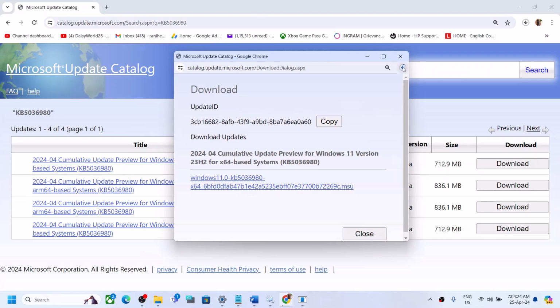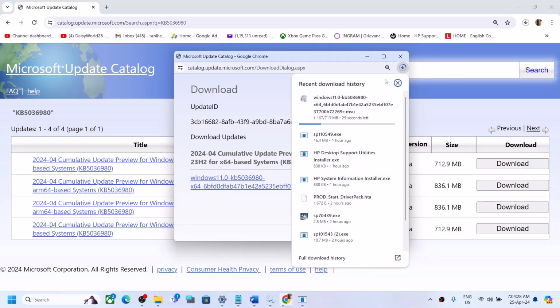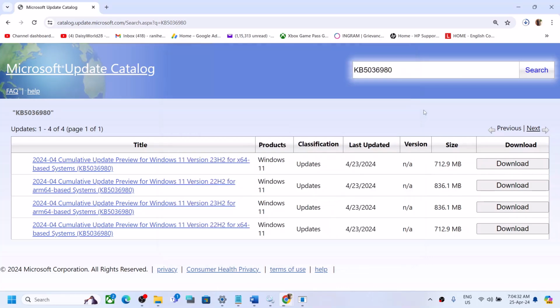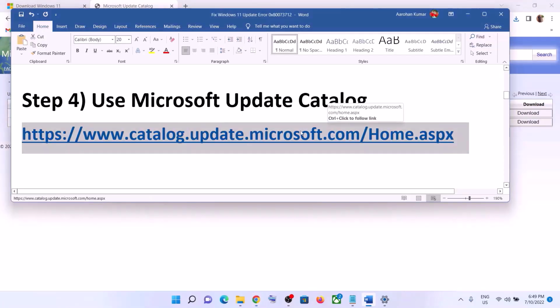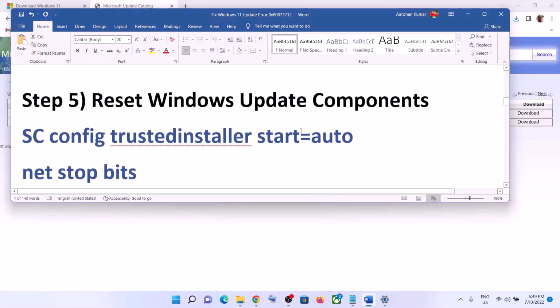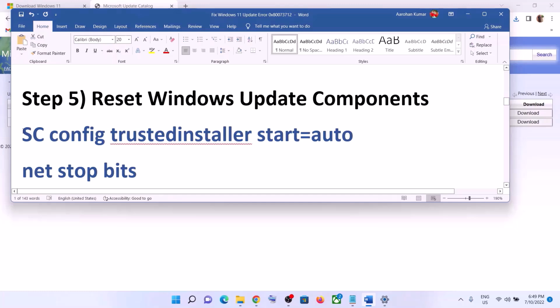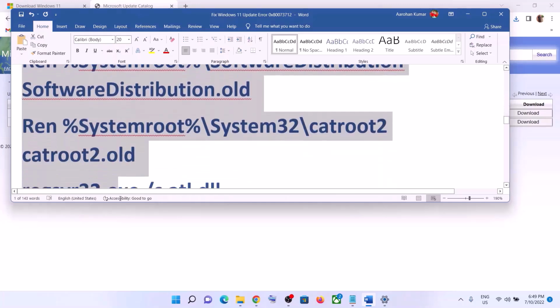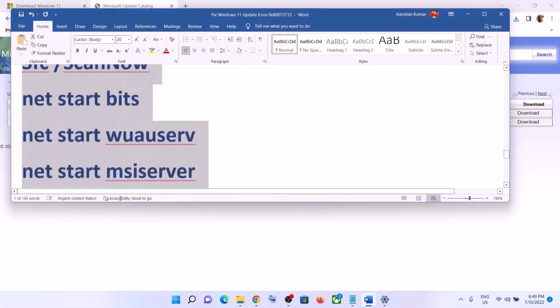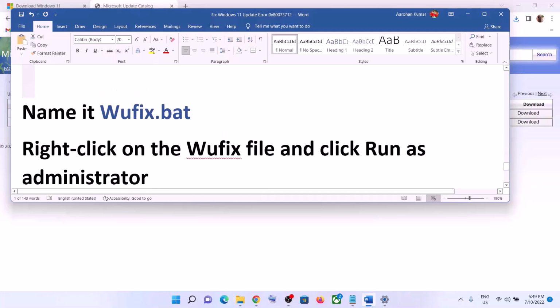Now once the download is complete you can run this file. You can click on it and run this file, and you can install this update manually and then restart your computer. If you are still facing the problem, in that case you can reset Windows Update components. For this, copy all these commands. These commands are provided in the video description, so copy till here